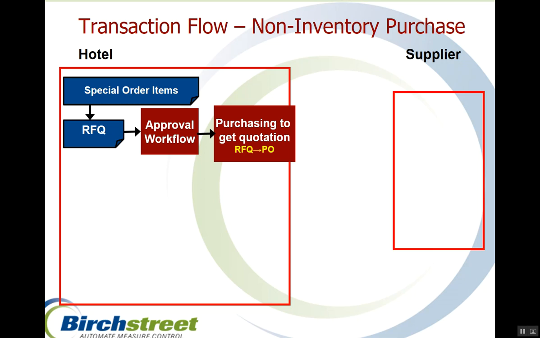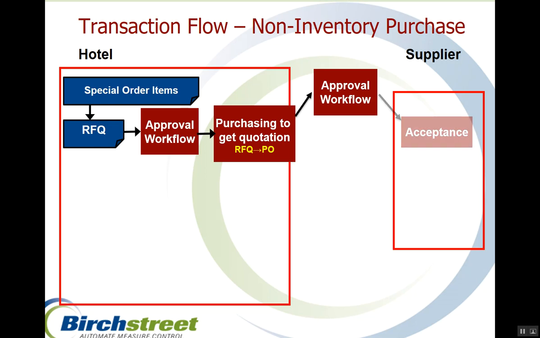Once the supplier and the price has been awarded, the RFQ will then be converted by the purchasing department to the PO. And then once again, the PO will be going through a list of approval process again, because after the price and supplier has been confirmed by the PO, the head of department and the DOF, the director of finance, and GM are required to know who is the supplier and the price for this one-time purchase of items. Once the PO has been confirmed, the system will automatically send the PO to the supplier,